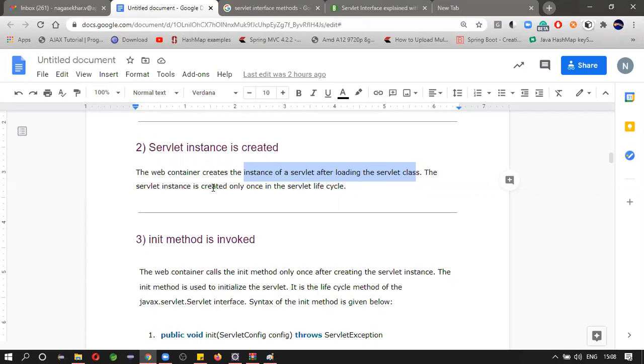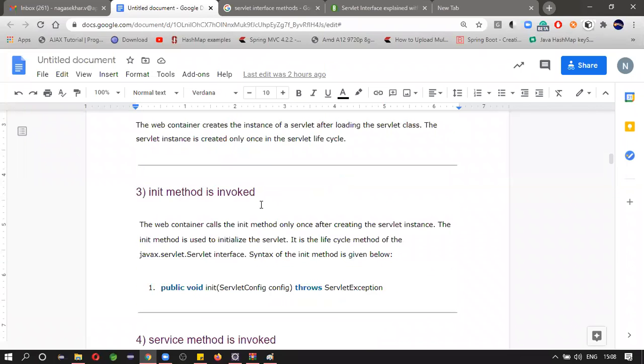But for each request, you may think that a new servlet is created. This does not actually happen. A new thread will be created by using the existing servlet. Multiple threads will process the multiple requests, so we are assuming that a new servlet is created and handling our request, but it is not happening. Threading will be happening.